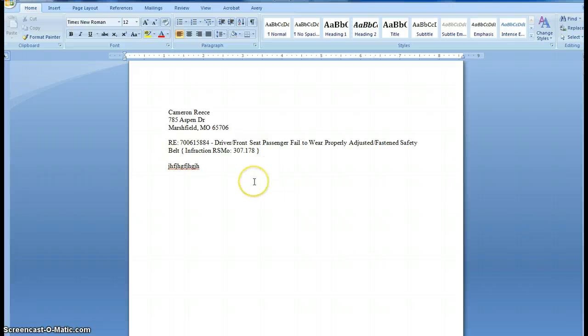This is a great program, and it's going to absolutely change the way you do your solicitation letters. What used to take you hours to complete